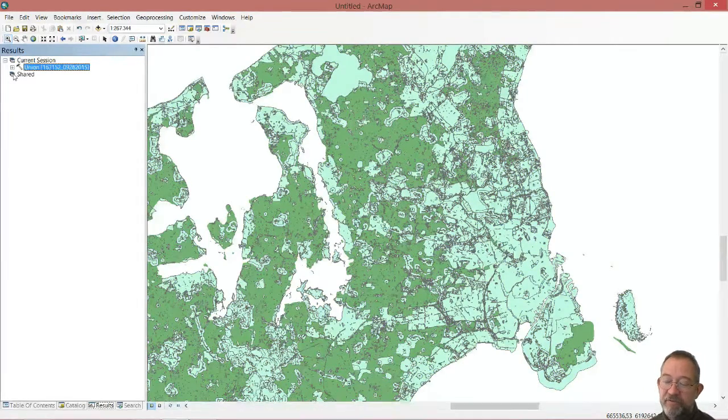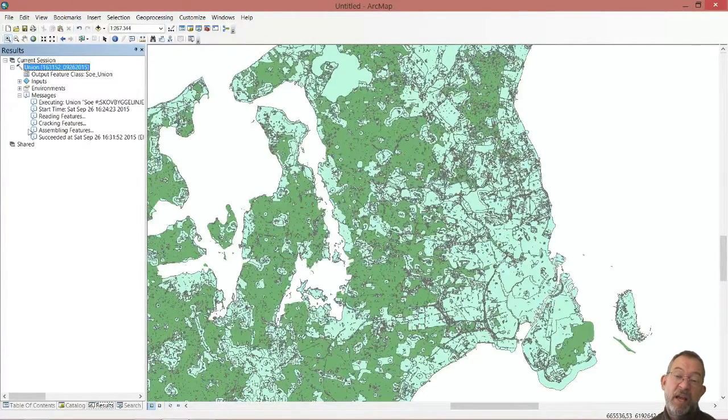The tool has finally finished. There was a short pop-up in the corner saying that it was done, and we can also see that the icon here in the results window has changed from an hourglass to a little hammer, indicating that it has done its job. If we click the plus, we can go back and see